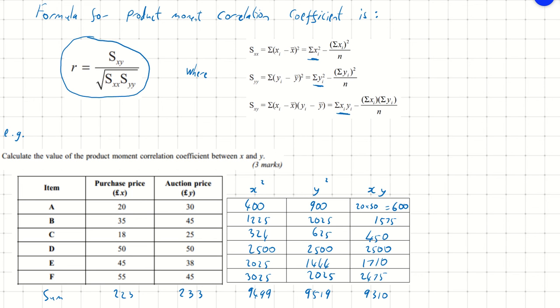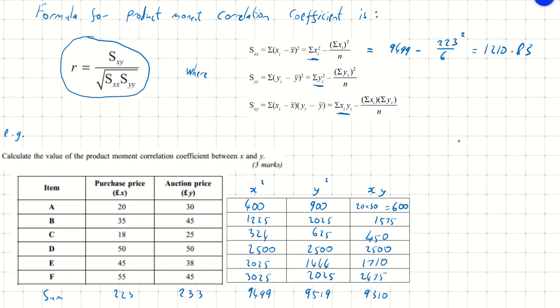Okay, so we've made a decent amount of progress. We filled in all our sums. We can now work out what SXX, SYY, and SXY, etc. are for this question. So let's just go back to these formulae at the top. In this example, SXX is the sum of x squared, so we worked that out, that was 9499, minus the sum of x all squared. Well, the sum of x is 223, so you get 223 squared divided by n. Well, there's 6 data points, so it's 223 squared over 6. We get